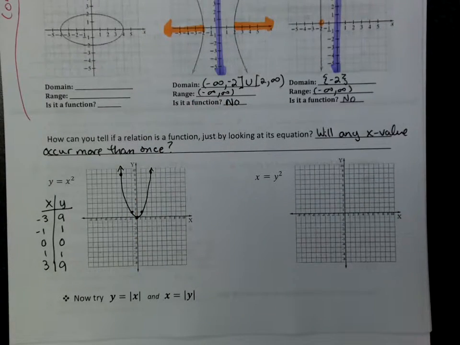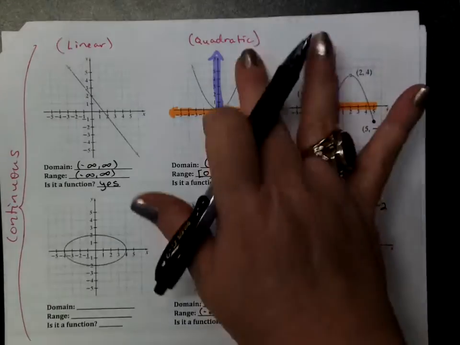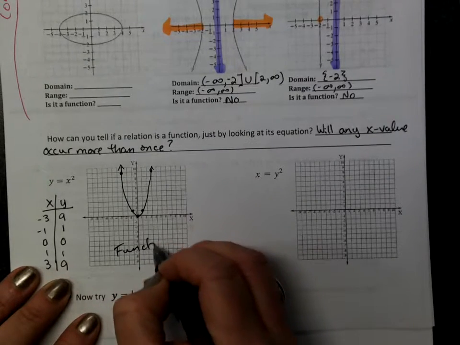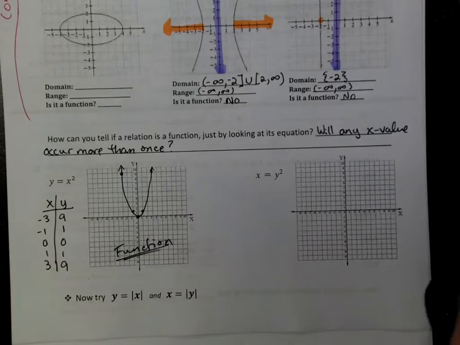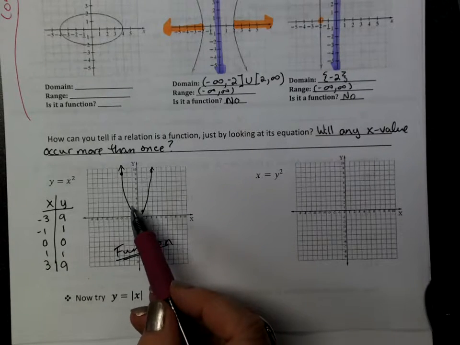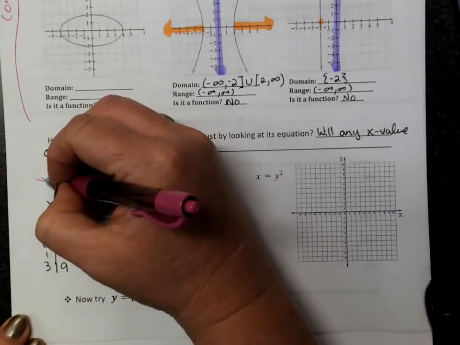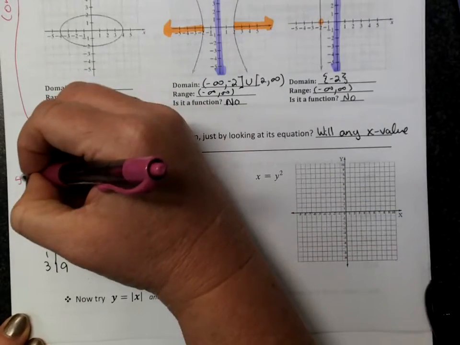Even hand drawn, which can look a little wonky, would that pass the vertical line test? Well, you know a parabola will. It is arching out and up continuously. So this is a function, right? It's very much like the one we have up here. So yes, this is a function. You can see it visually with the vertical line test. You can see from the table of values that none of the x's are repeated. The fact that it is solved for y